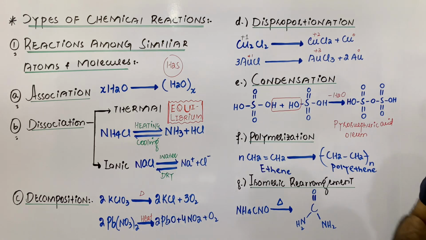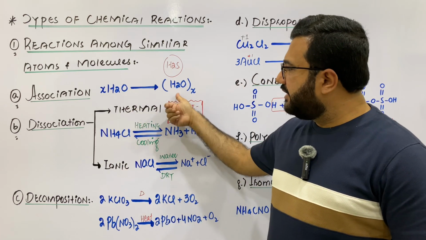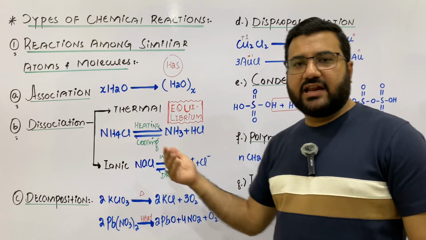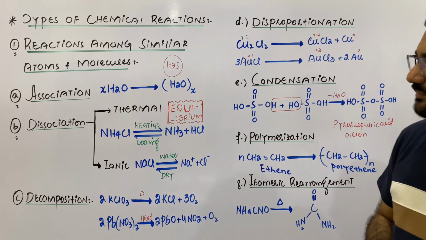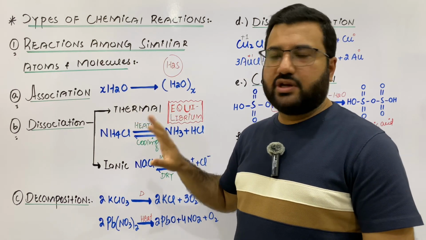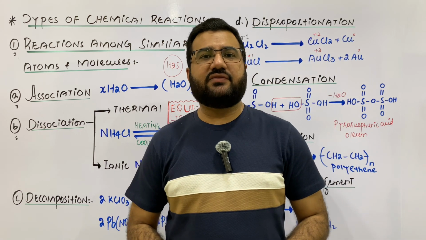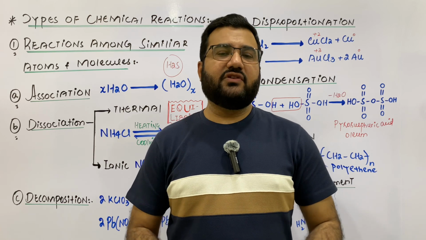My dear students, in all these types, you can see that the reactants and products have the same types of elements, or you can say the same number of atoms, same types of elements. So these are the reactions among similar atoms and molecules. Next time we will come up with those reactions in which different types of atoms and molecules are involved, and that will be lecture 2,